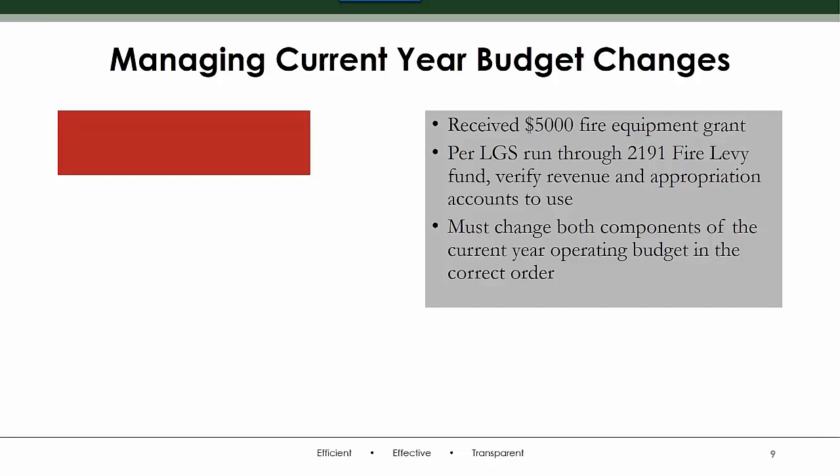We just got our award letter, and the board knows we've gotten the grant. There isn't any question it's going to be accepted. Last year, when that application for a grant got filed, I called local government services and asked them, do I have to run this through a capital project fund, or can it run right through the fire fund? And with the details I gave them of the grant and what was purchased, they said you can run that right through the fire fund.